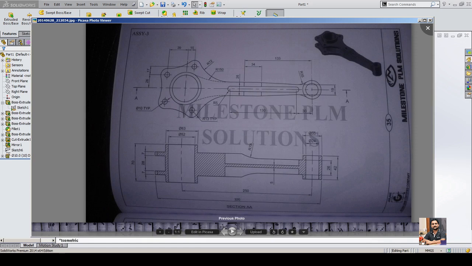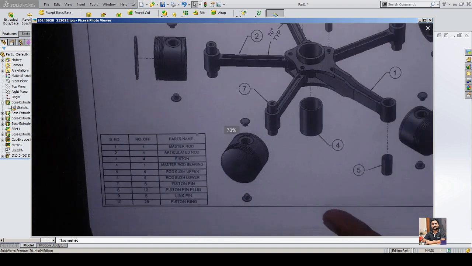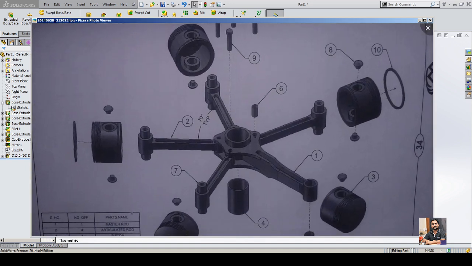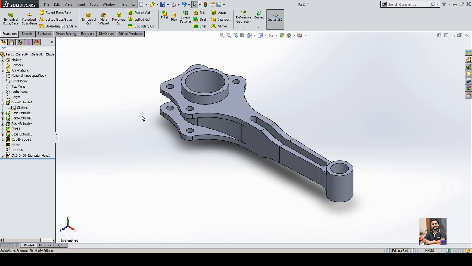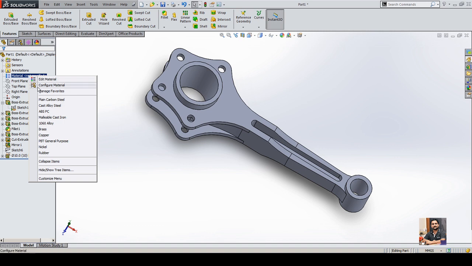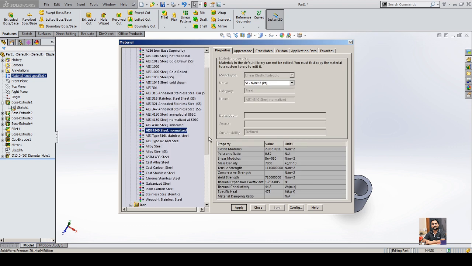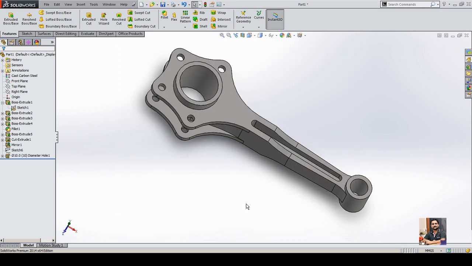If you go back to the assembly, in bill of material, they have not mentioned the material for this part. But just for this example purpose, we will add a material to this part. Let's say I go to materials, right click and say edit material. And maybe we'll choose cast carbon steel, maybe. Let's see. Apply,